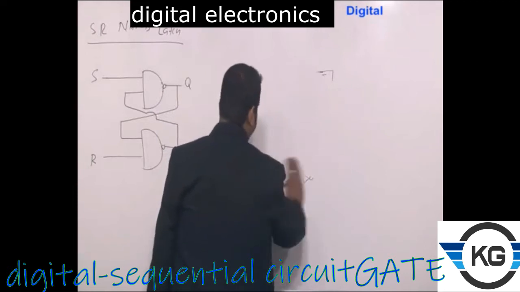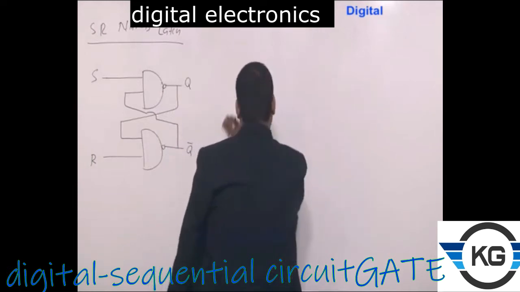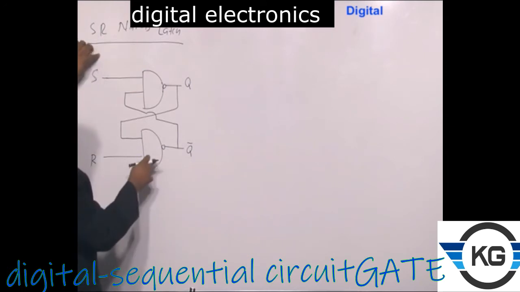So what is the extra thing I have done here? I have replaced those two NOT gates by two NAND gates, right? The output of one NAND gate I am giving as one of the inputs to the other NAND gate. The output of this one I am giving to one of the inputs of this, and for the remaining two inputs of these NAND gates I have taken some external input. I am denoting these by S and R.